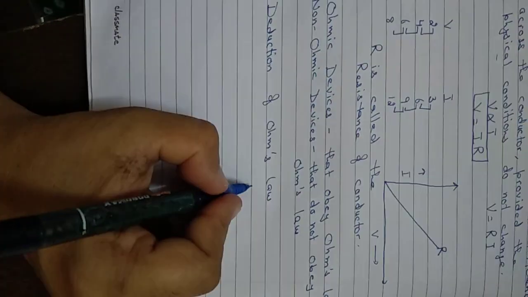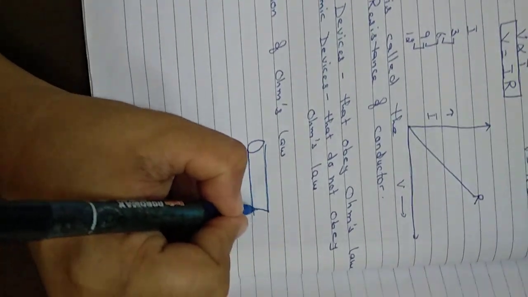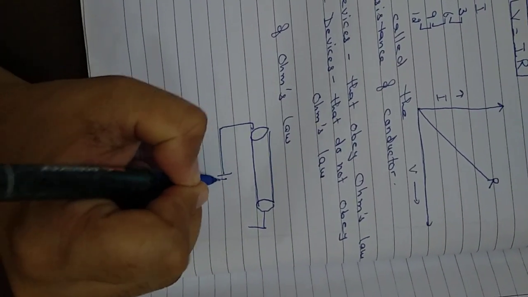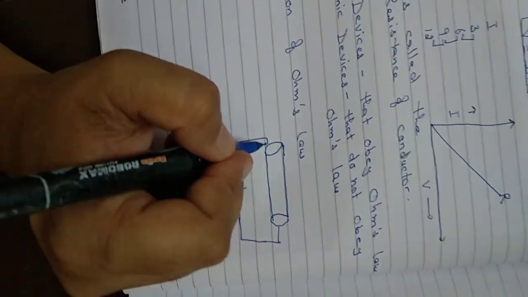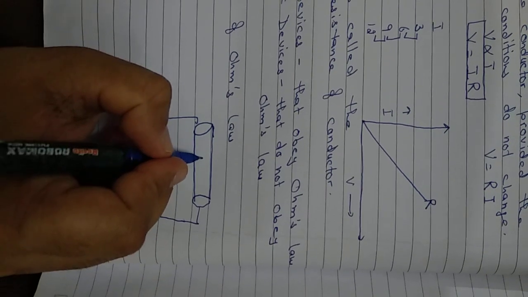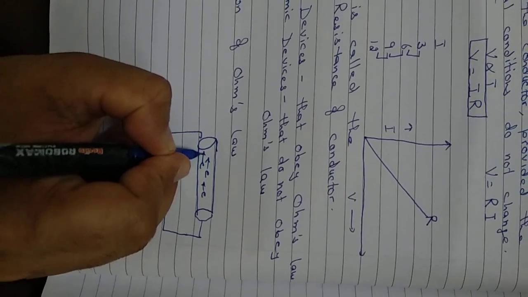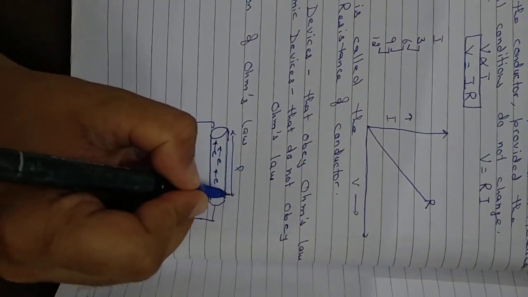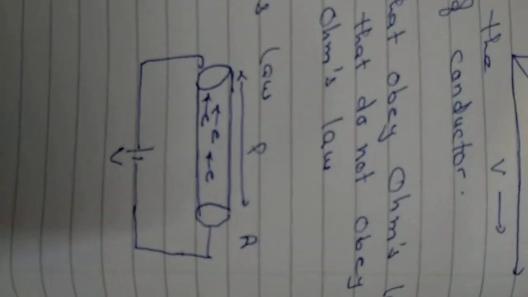In the last article you did drift velocity. Let us suppose there is a conductor of length L whose two ends are maintained at a potential difference of V volts. One end is connected to the positive terminal of the battery, another to the negative terminal. The electrons start moving from one end to another in a streamline flow towards the positive terminal, and we say that current is flowing. So let us say this is a conductor. Length of the conductor is L, area is A, and its two ends are maintained at a potential difference of V volts.